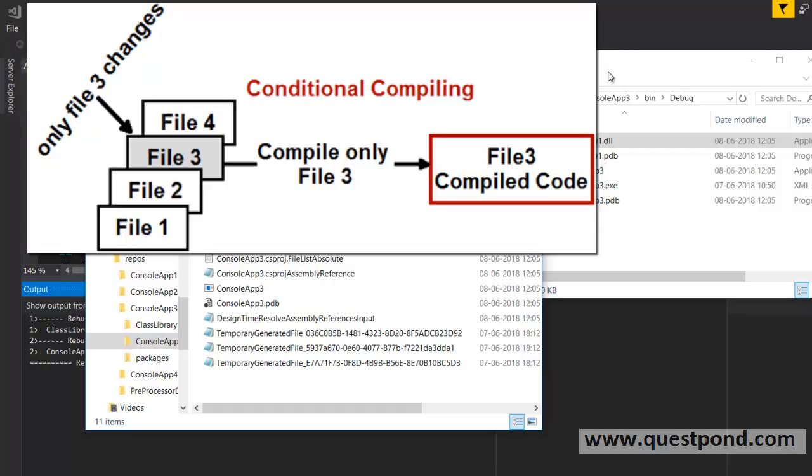Now assume that you have a project, and in your project you have a lot of solutions, a lot of projects, and in that project you have multiple files like file1.cs, file2.cs, file3, file4, and so on. So let us say you first compile. Initially when you compile, it will compile everything and create the final DLL or the exe